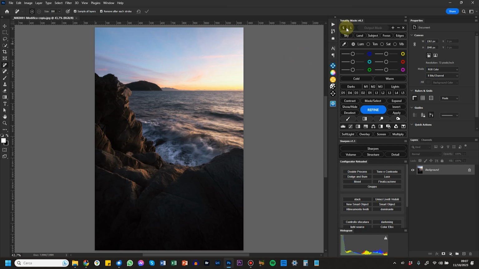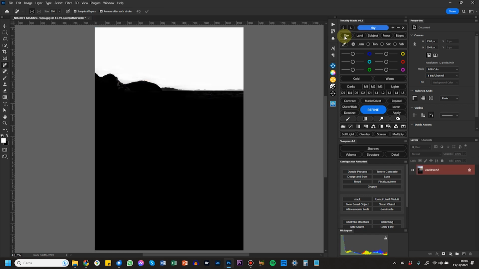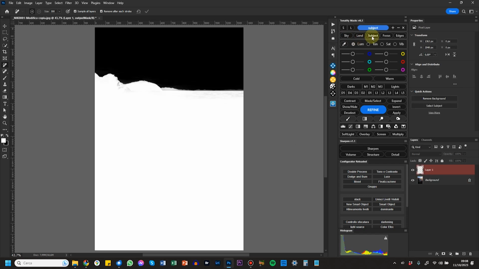Now, let's leave this first line alone for a moment. We'll see that later, and let's jump right into the Rapid Masks section. Now, the Rapid Mask section will allow me to just select the sky in my photo, the land, the subject. In this case, that won't work because it's a landscape, but if it's nature photography or a portrait photography, no problem, that's going to select your subject. Or if you invert the mask, it's going to select your background.